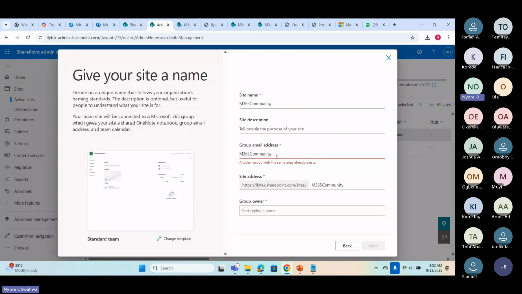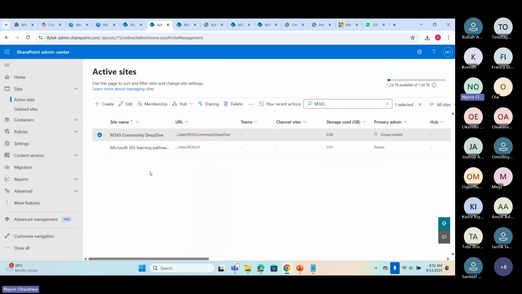So you see, we cannot create a site with the same name unless we remove the site redirect, because the site is still redirecting. It doesn't want people, for example, who already had that site URL, to change the name and all of a sudden not be able to access it. That's why it still keeps the original site address, so that it can redirect people to this one that we have renamed to.